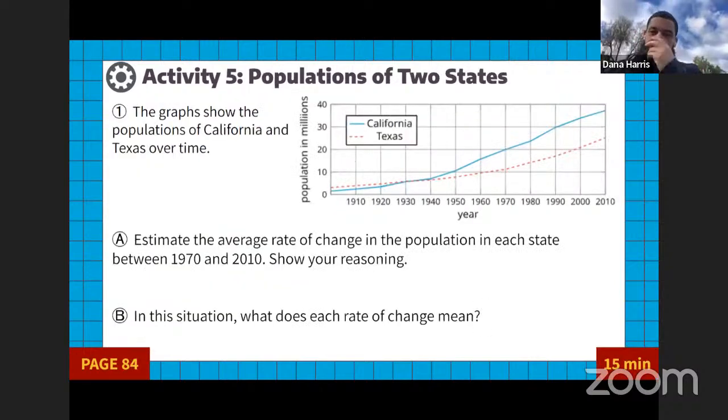Now, last but not least, we're talking about activity 5, okay? And activity 5 is a little different because it's the same thing, but just in a different way, okay? Activity 5 says that,